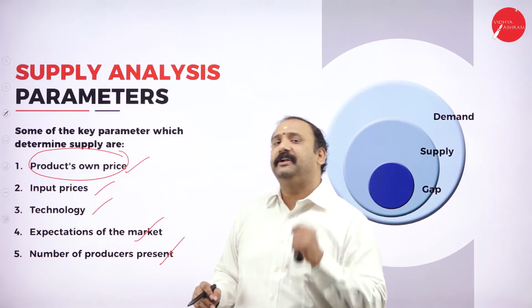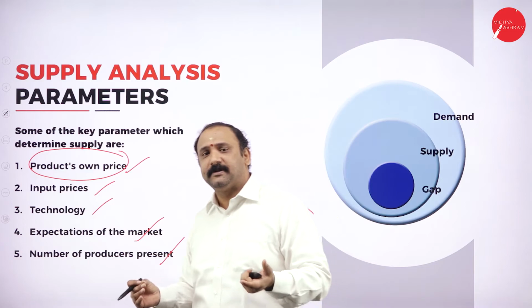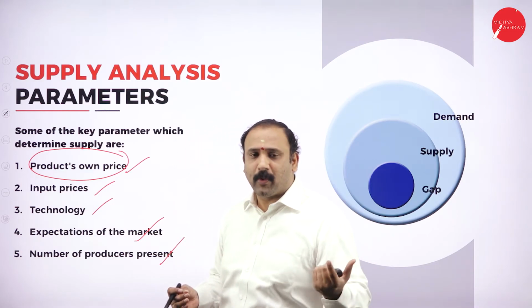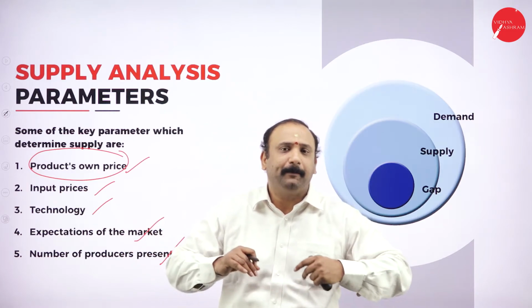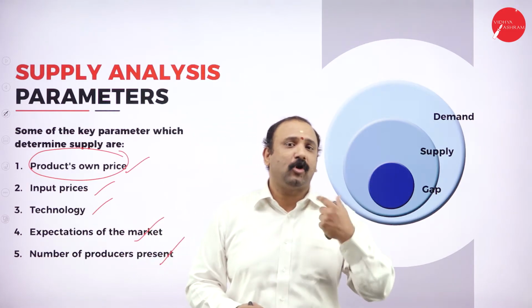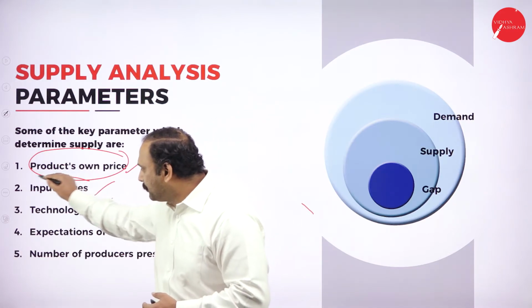Whatever price people are ready to accept, people say that yes, it is okay. The same thing happens with Lay's chips, or with a Pepsi or a Coke. Why? Because they have all reached the position of market leadership where they are completely accepted. People are not going to cross-question them too much. The next thing is the input prices.